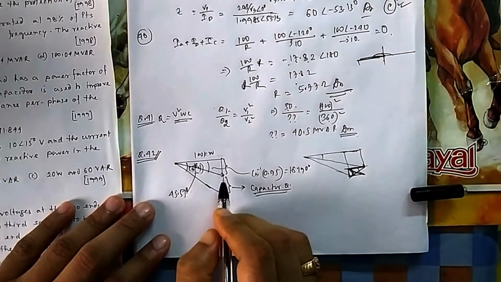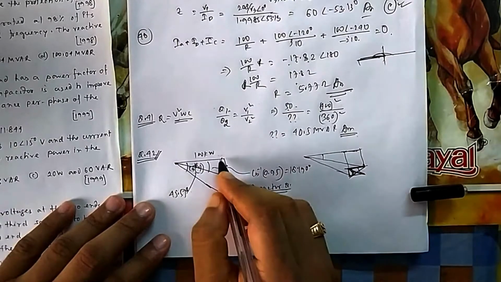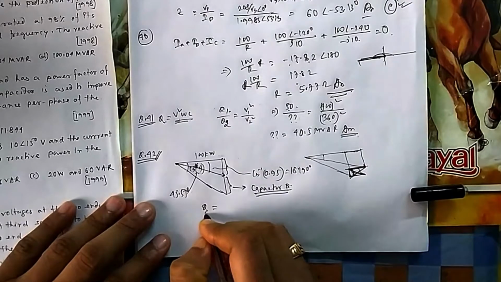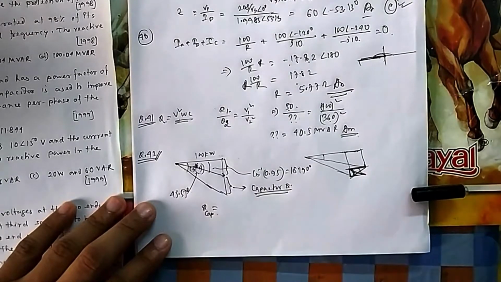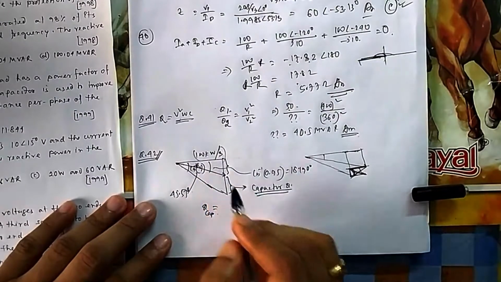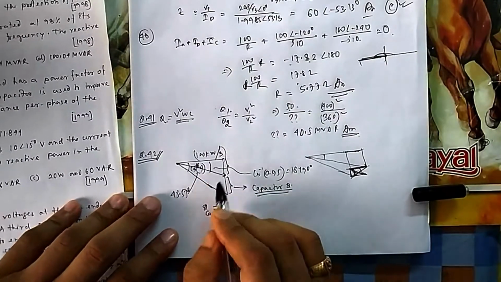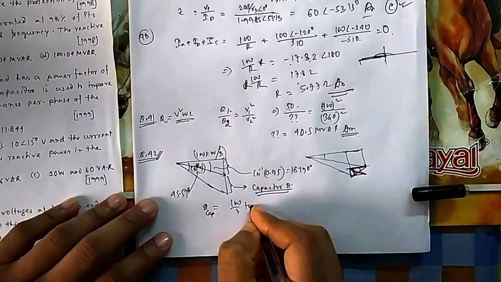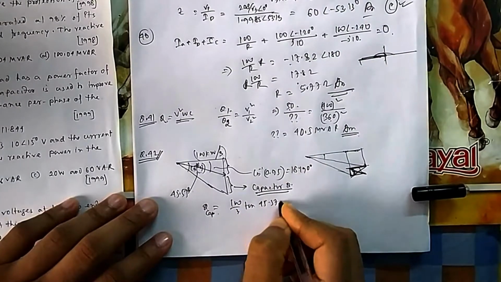So if we apply tan theta, this by this is equal to 10. So what will be this total? The Q that is supported by the capacitor. Mind it, we have to be calculating per phase. So you need to calculate it per phase. So 100 by 3, 10, 45.457. That is very important. That is the total one.